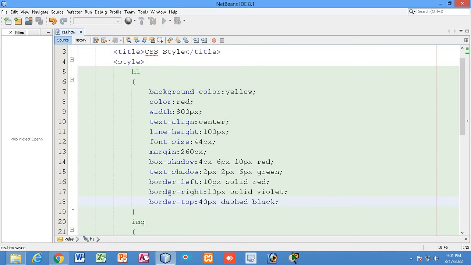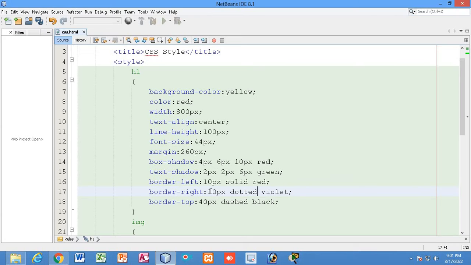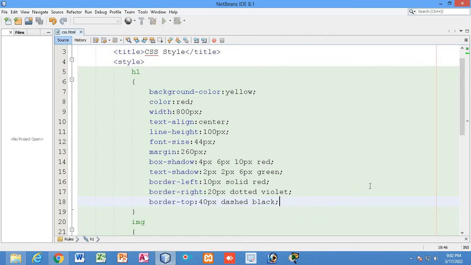I can make the right border dotted. I can increase the thickness also. I can make it 20 px violet. The top border I have made 40 px thickness, dashed black color. You can see the top border has 40 px of thickness, and this is a dashed border of black color, and the left side border is 10 px red, the right side we have a 20 px violet border, and